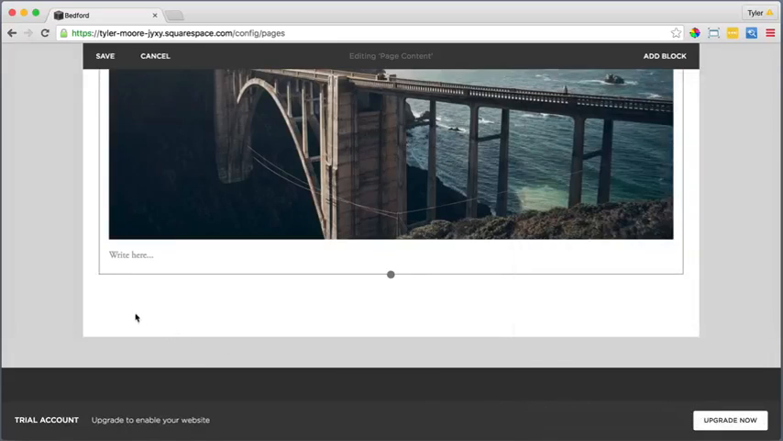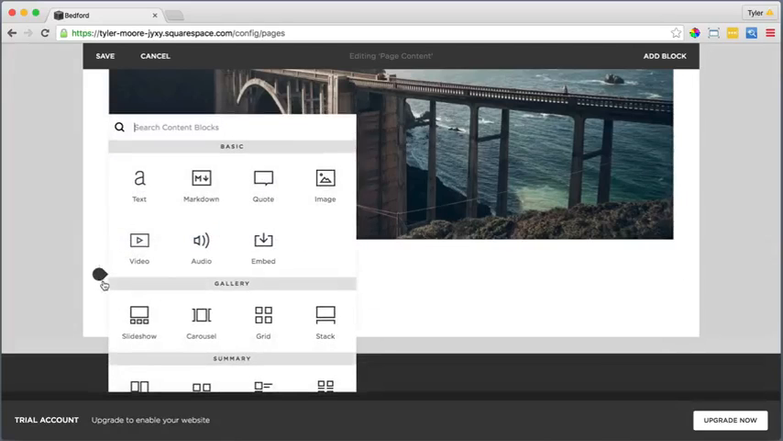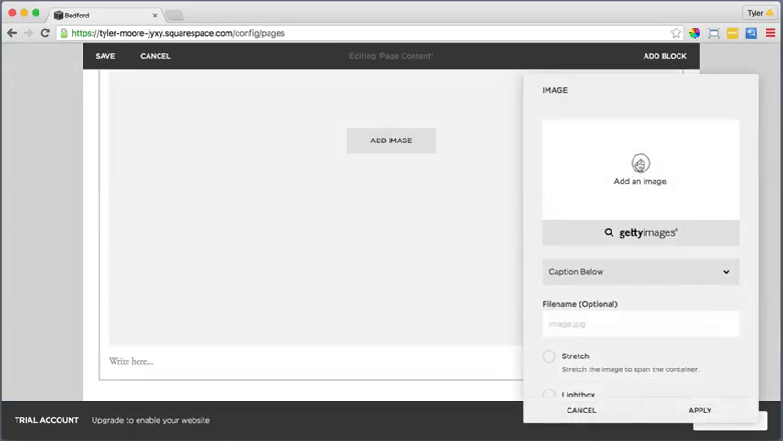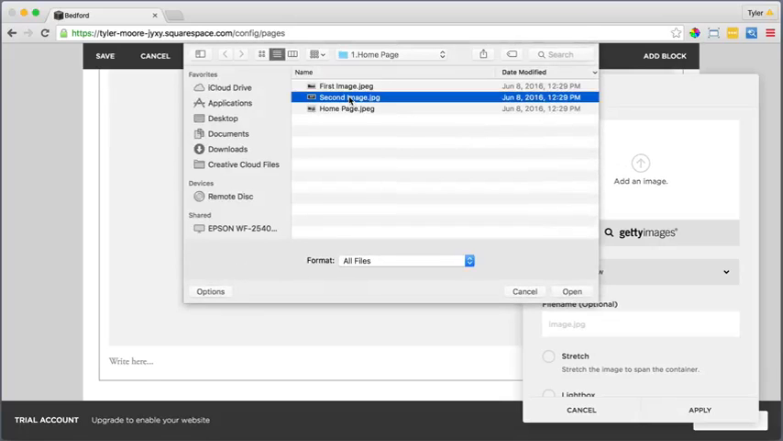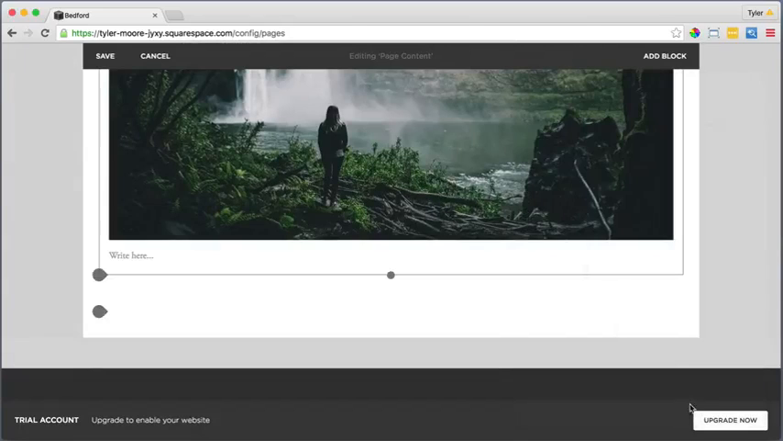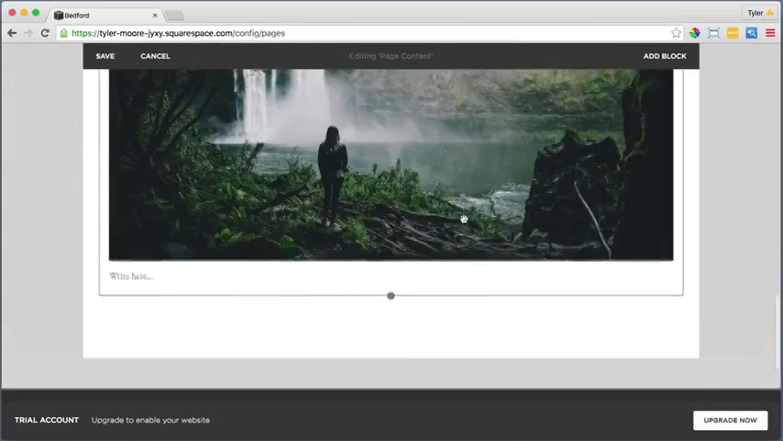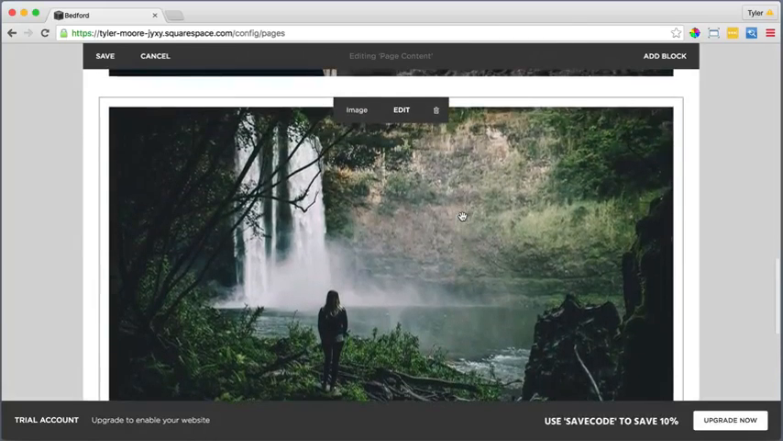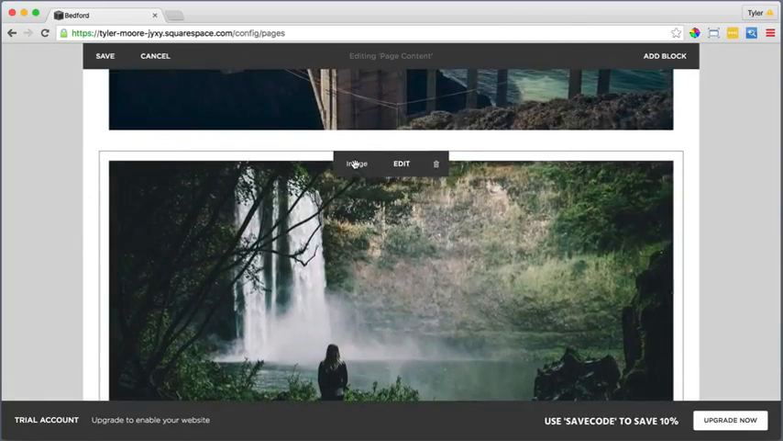And now we want to add some more content. So just click on the add content button and click on image again, because we're going to have 2 images side by side. All right, just click add an image and choose your other image and press open. Then click apply and just click, hold, and drag, and we're going to be dragging it next